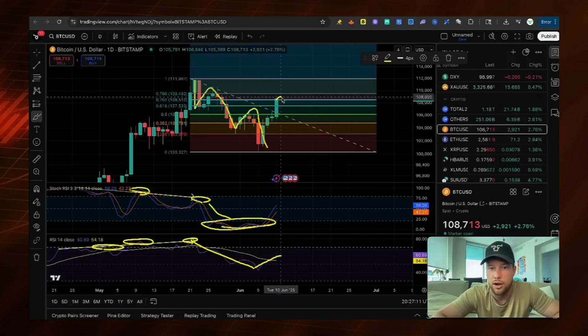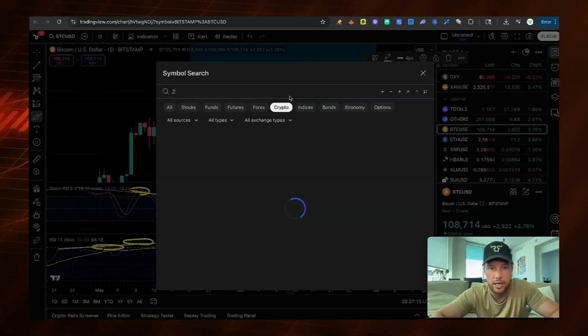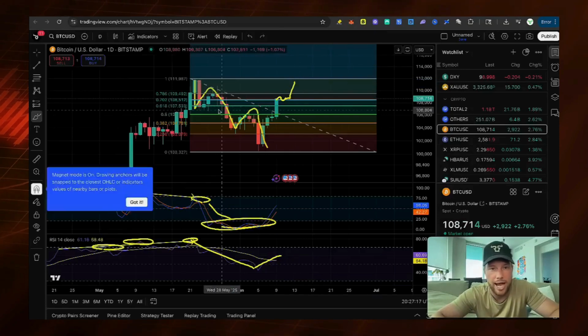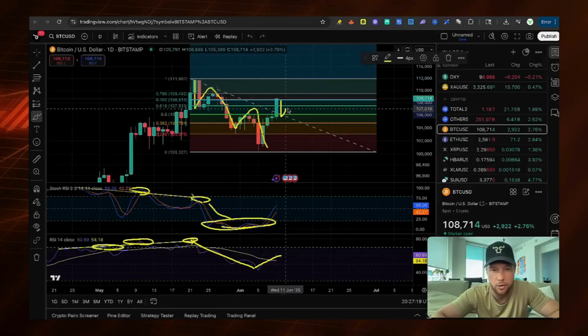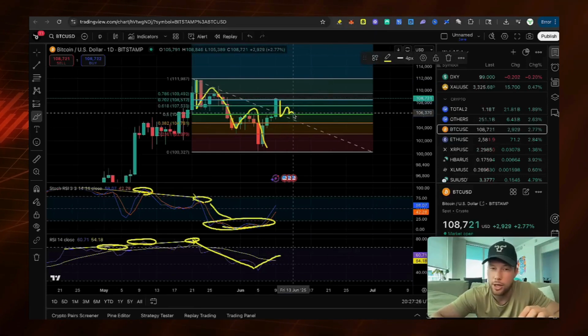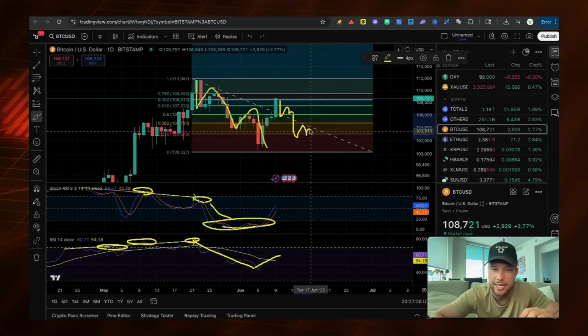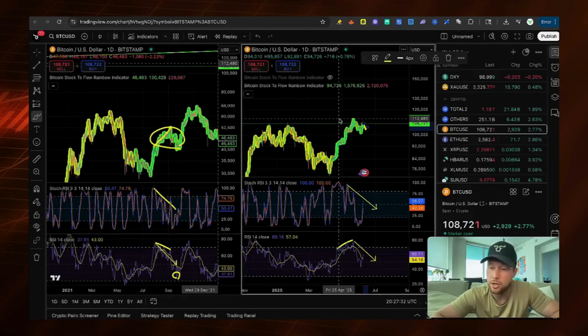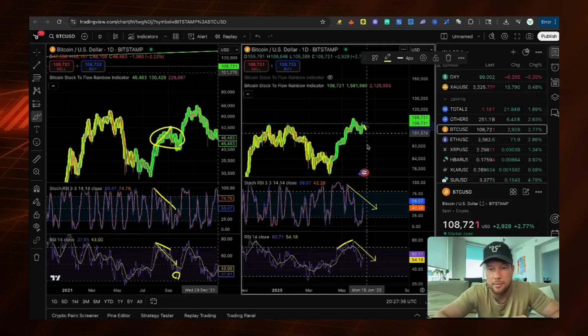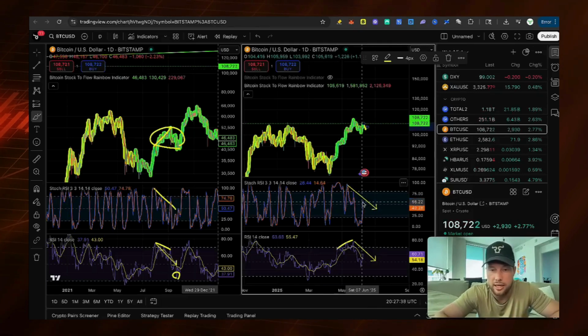If we cool off for a little bit and just kind of squat right here, that'd be great before continuing higher. If we see an aggressive pullback in Bitcoin's price chart, we come all the way back down here, I'm going to be a little bit more cautious because we could see Bitcoin pull back down within this range. But things are looking extremely bullish for the rest of this year, and we still have time left in this bull run. We just need to watch these key indicators closely because we are forming a lower high in